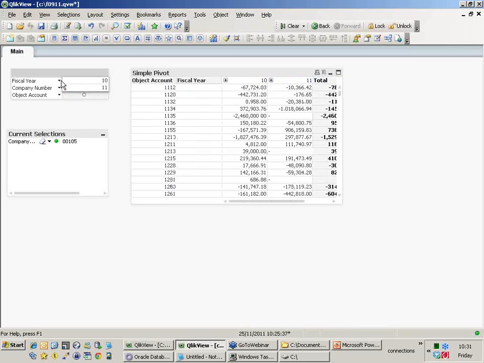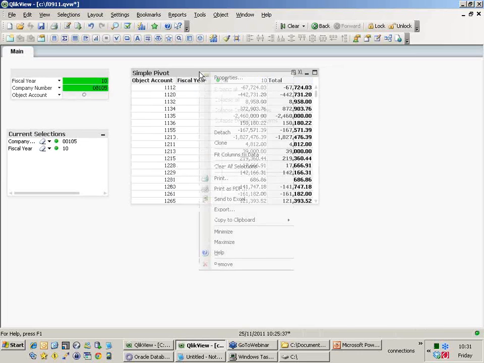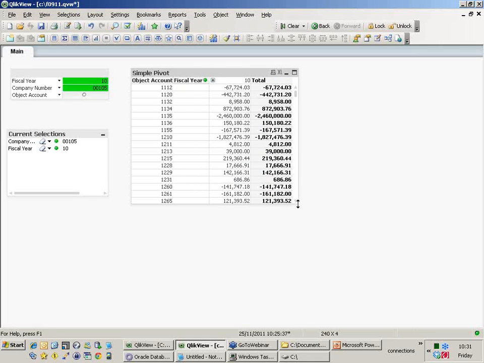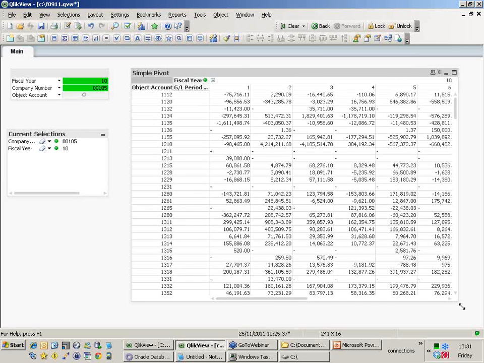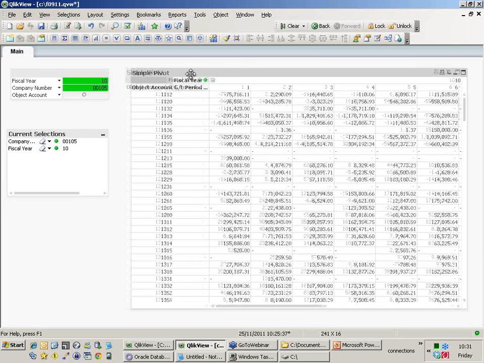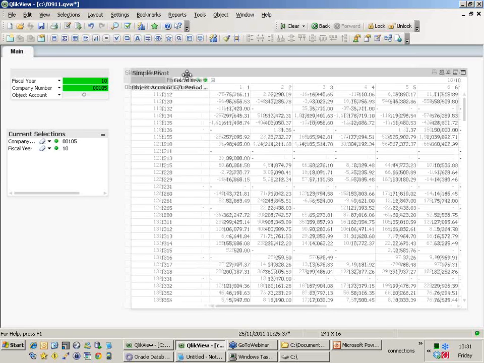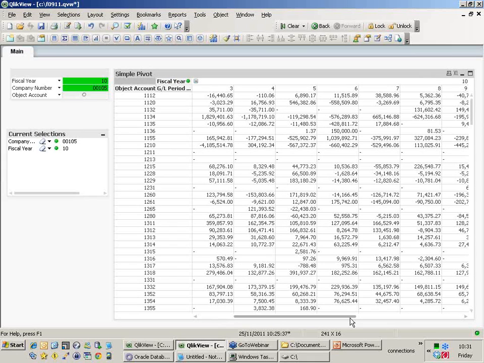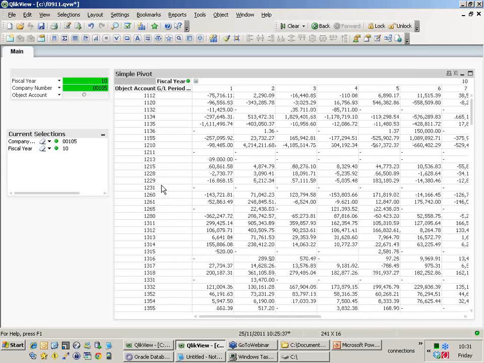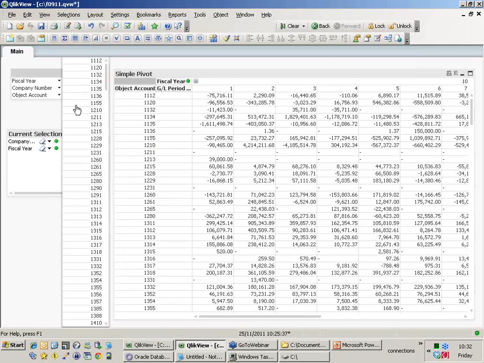Okay, so what we'll do is look at one company here and then focus on a single year. There we go. So not the most beautiful thing in the world by any means, but it has every object account across the whole year, and this is at transaction level. So if you did want to drill into individual lines, you can add that on to the report. It's a very, very basic report, but it's actually sitting with over 1 million records in memory,